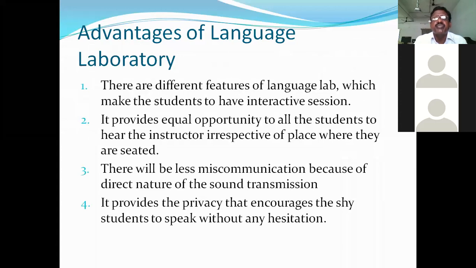Now the advantages. There are different features of a language lab which make students have interactive sessions, interacting with each student. That is individualized learning, which is possible through the language laboratory.